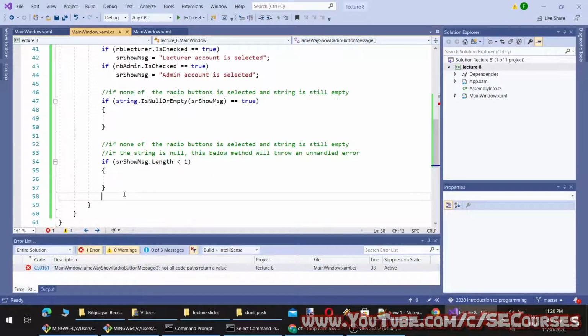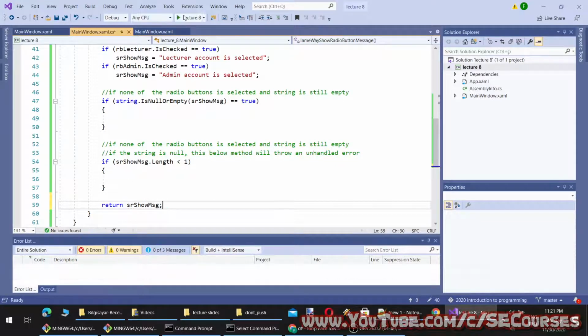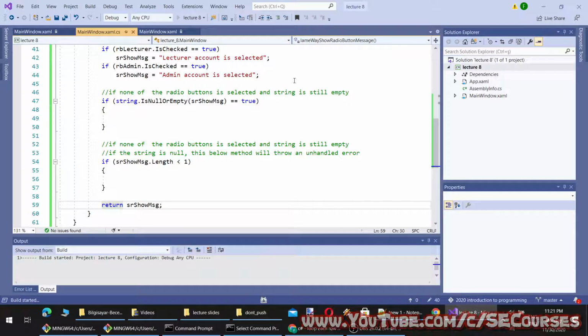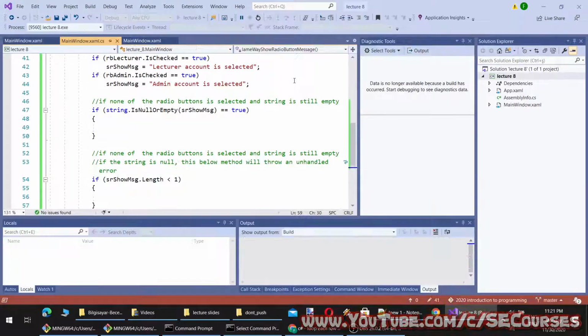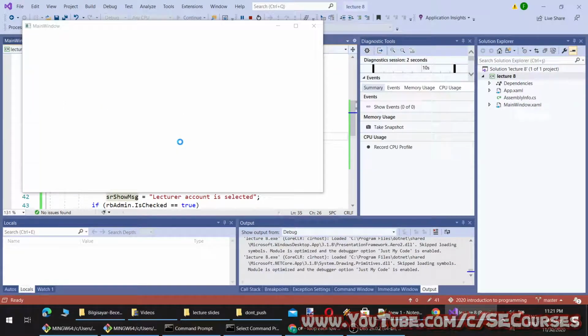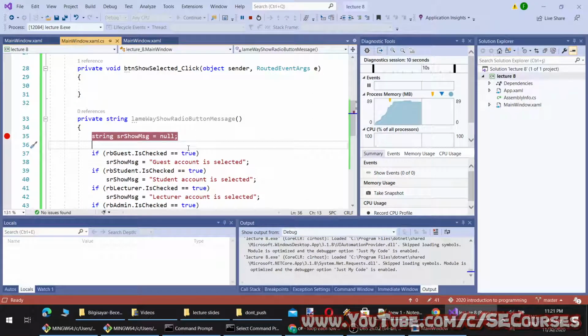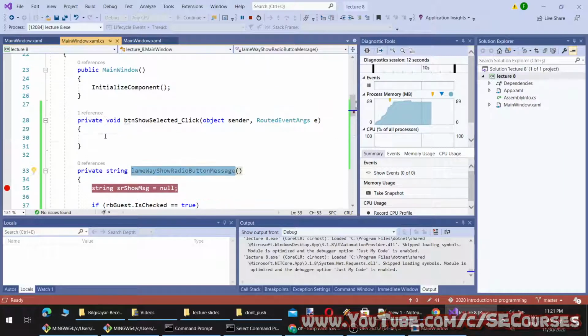It wants me to return show message. I will show you each case so you will understand better. Currently, my string is null, and I didn't select any of the options, so I click this. And we haven't called this, by the way. We have to call it like this.